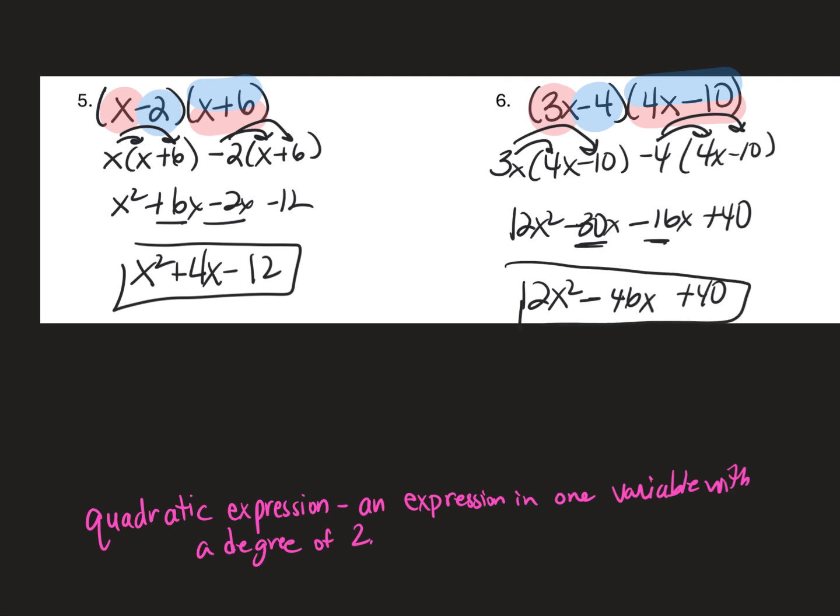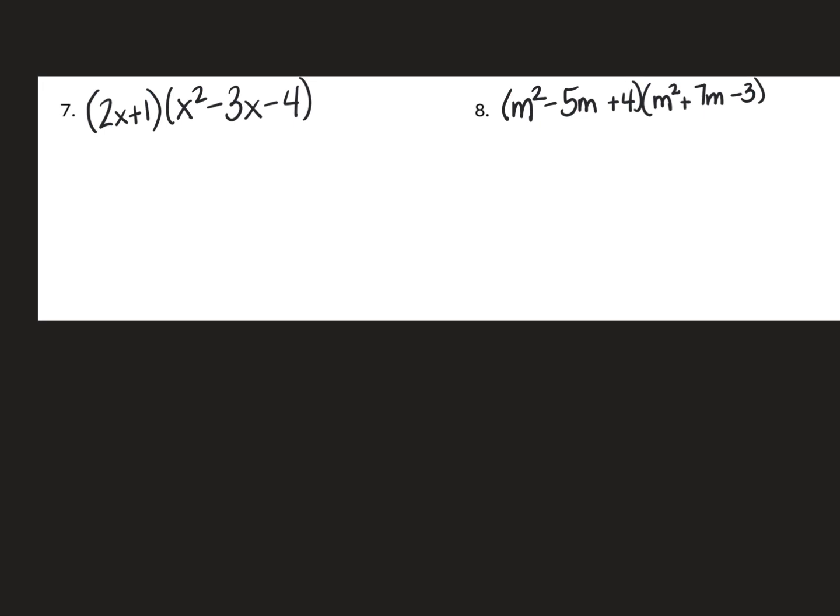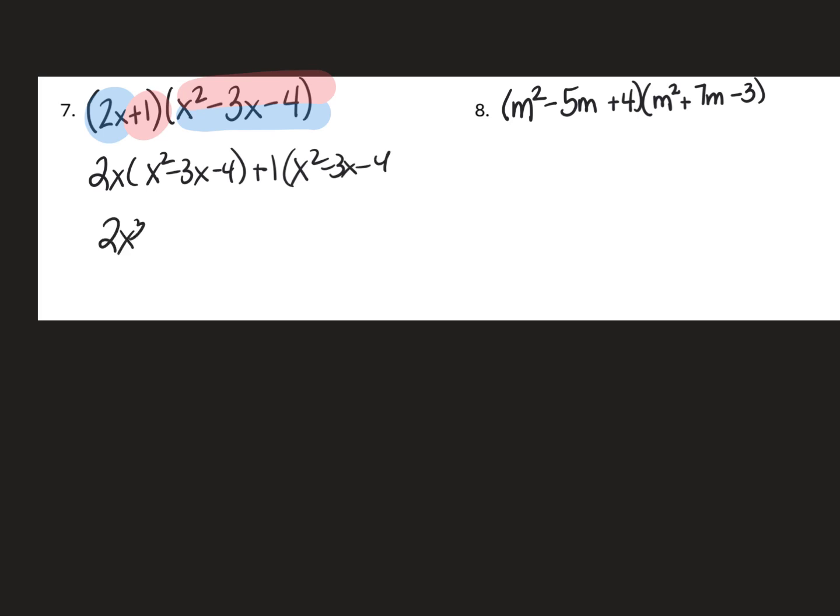Moving on to the next one. I'm going to multiply, for this next one, a binomial times a trinomial. I do not do it any differently. I multiply the first term times the trinomial and the second term times the trinomial. So 2x times the quantity x squared minus 3x minus 4, and then positive 1 times the quantity x squared minus 3x minus 4. So that would be 2x cubed minus 6x squared minus 8x plus x squared plus,